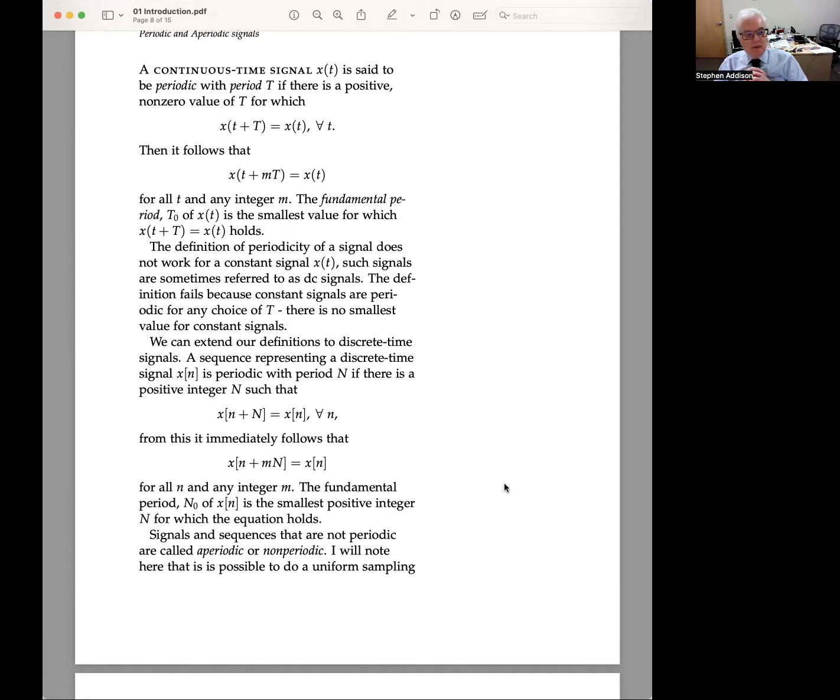We'll talk about the fundamental period, which is the smallest value for which the periodicity holds. And most of the time, we'll be working with fundamental periods. I point out that constant signals are not periodic, and most of the time when we're dealing with a constant signal, we'll call it a DC signal. Remember, DC is just direct current, and basically the definition fails because there is no smallest value of t